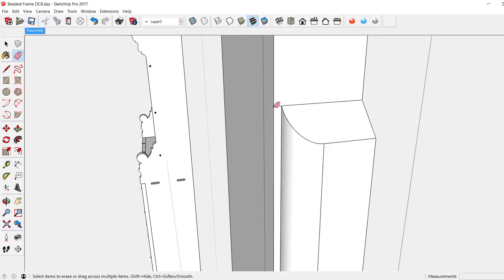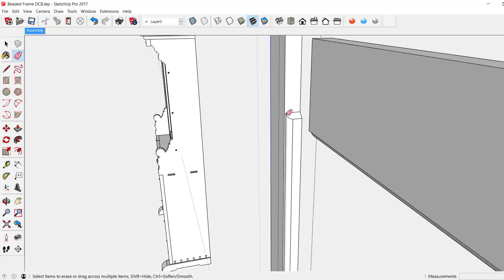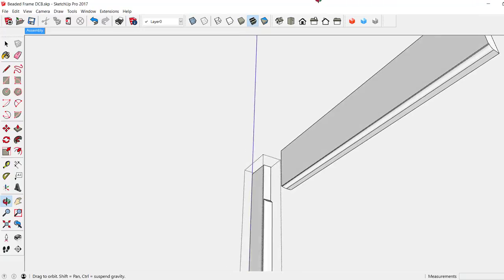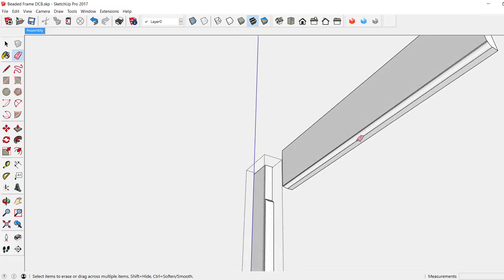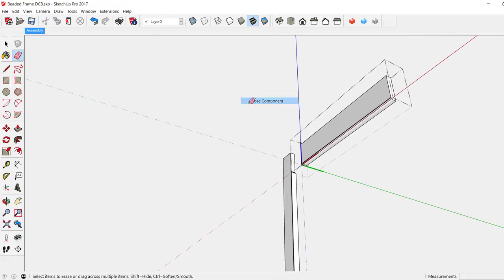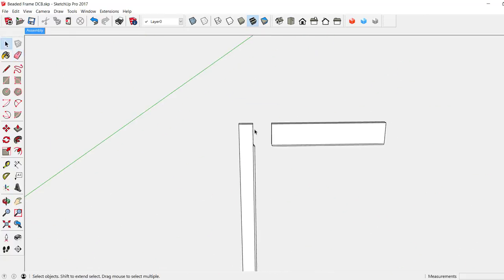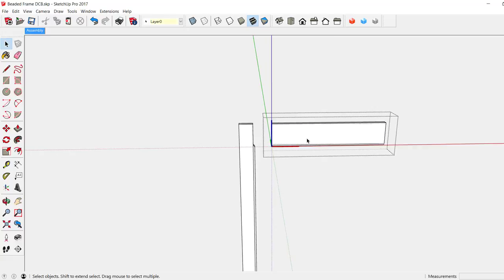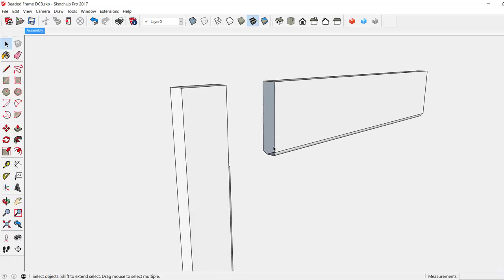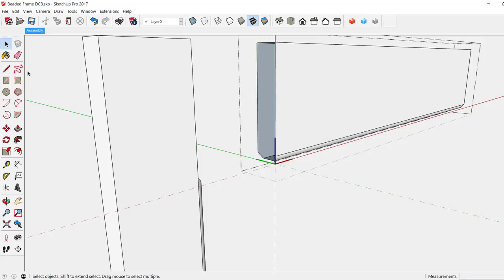Just inspecting here, I see another little edge that can go away, and I can smooth out that edge on the bead and smooth out the edge here. Use the eraser with a control key. And I'll have that okay. I think I'm ready to make a tenon after I close up this face